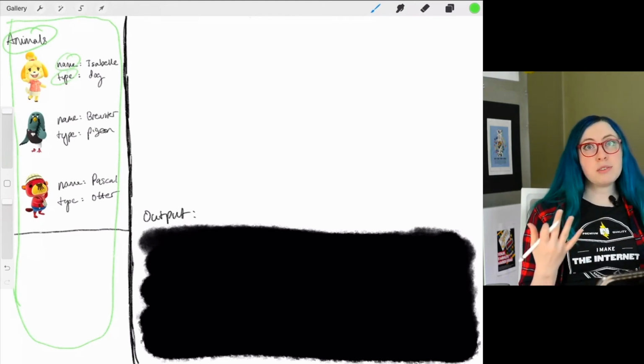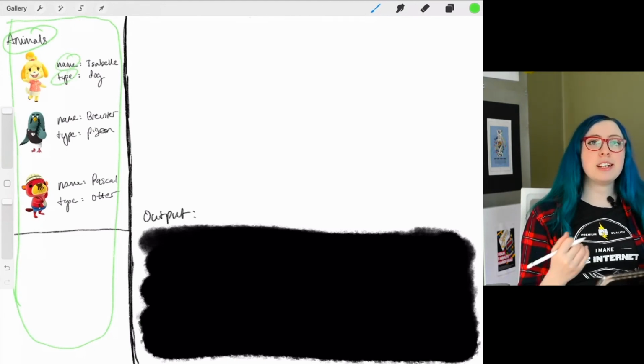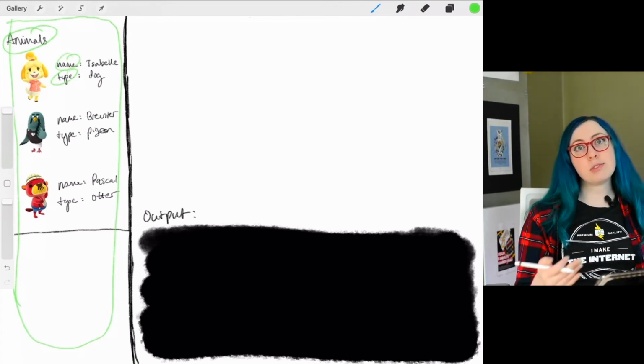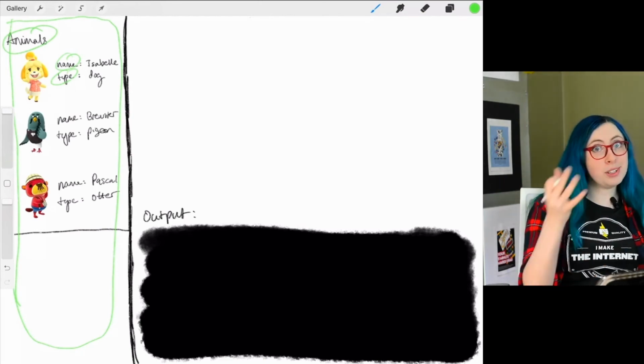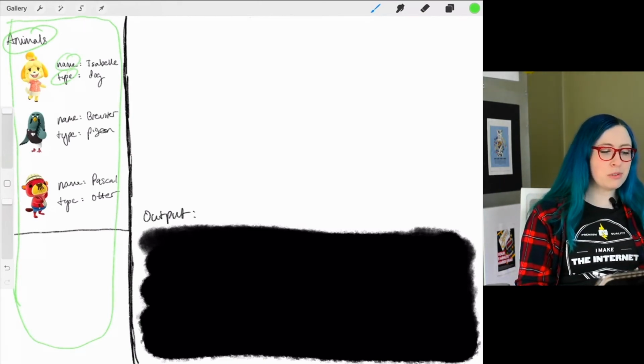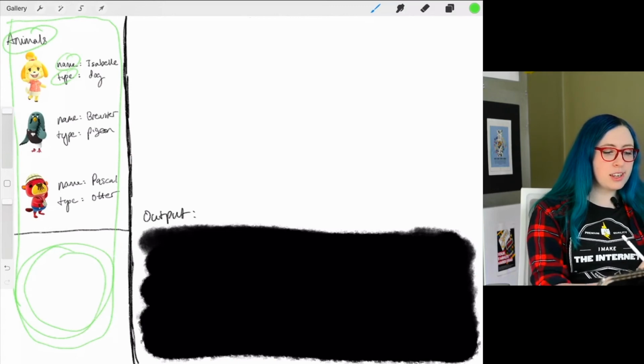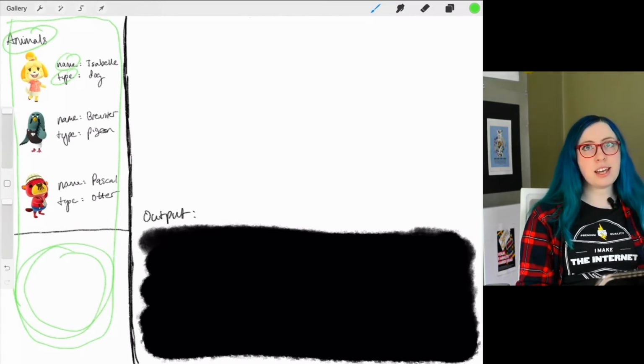So in JavaScript, we would structure this as an object. And I'll show you more about what that looks like in JavaScript in the next video. But for now, just know that we've got a collection of related stuff here that we're going to be working with. Now you'll also notice this area down here that I haven't done anything with yet. I'll show you what that's for in a minute.